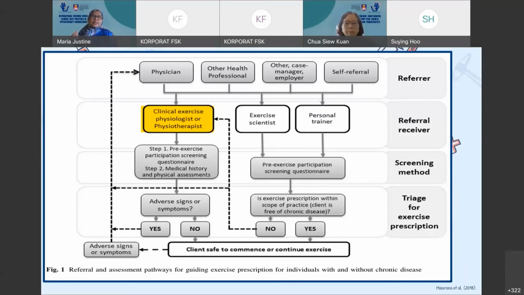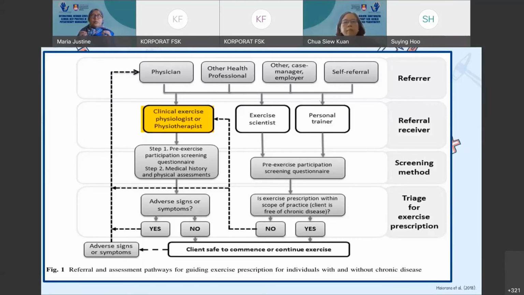Remember Table 1 just now: exercise scientists and personal trainers do screening based on the ESSA questionnaire, and ask whether exercise prescription is within their scope of practice. The scope of practice is among healthy populations. If yes, then they can prescribe exercises safely and encourage their clients to continue their exercises. But if the clients are not within the scope of practice,